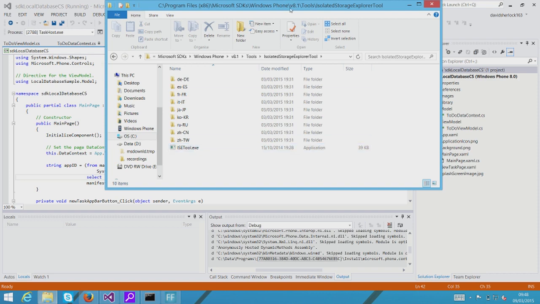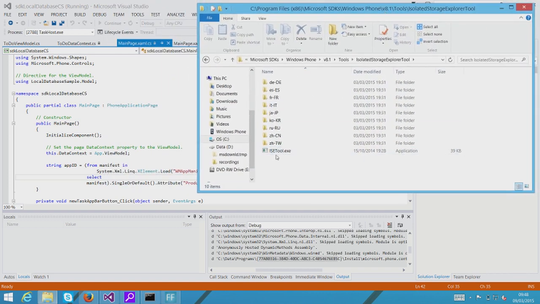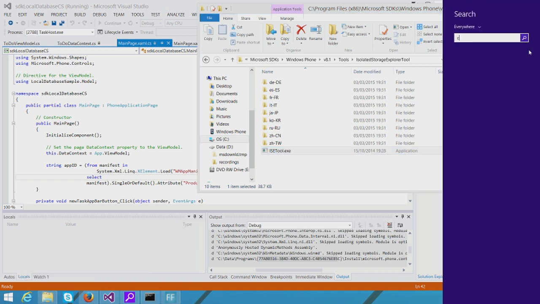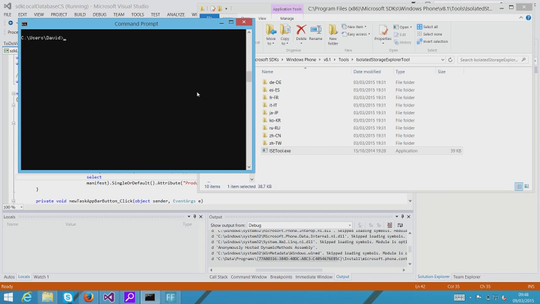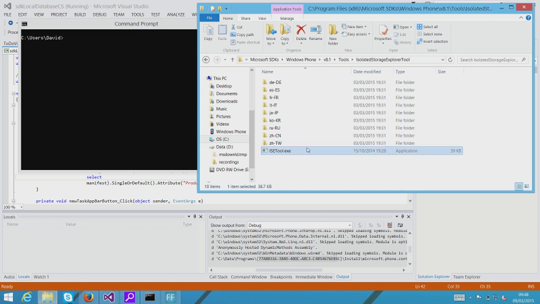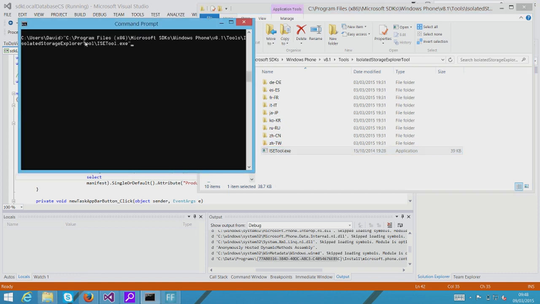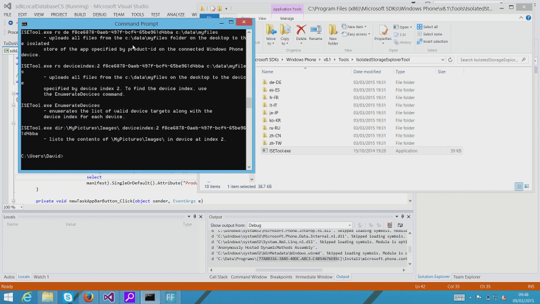Now if you run this, nothing will happen. You'll get a little window and it'll disappear. So you're best running this from the command prompt. To do that, just search for CMD, and then you open a command prompt window. It'll look like this at first because there'll be nothing there. What you can do then is drag this over to here, and it'll put in the path of the tool. If you press enter, it's still not done anything, but it's run the tool and it's given us a bunch of examples of